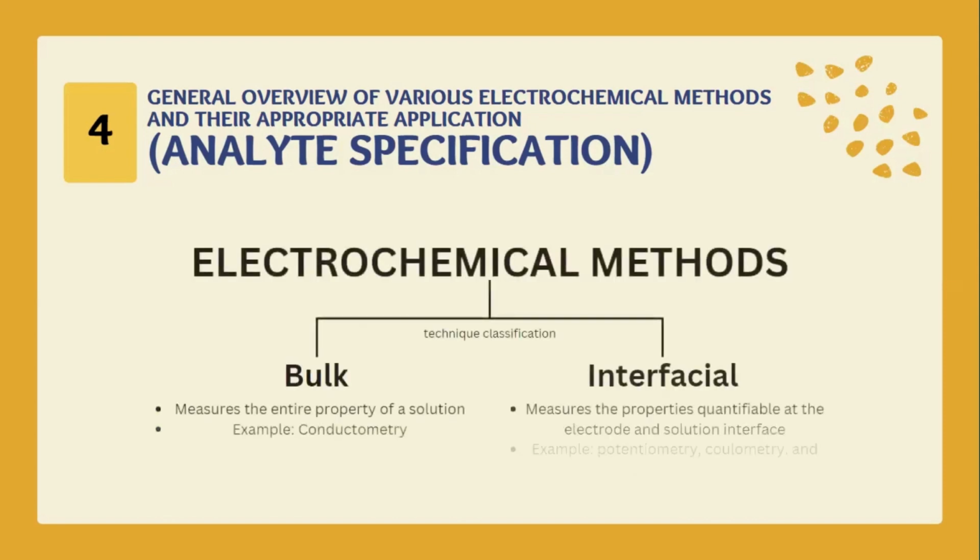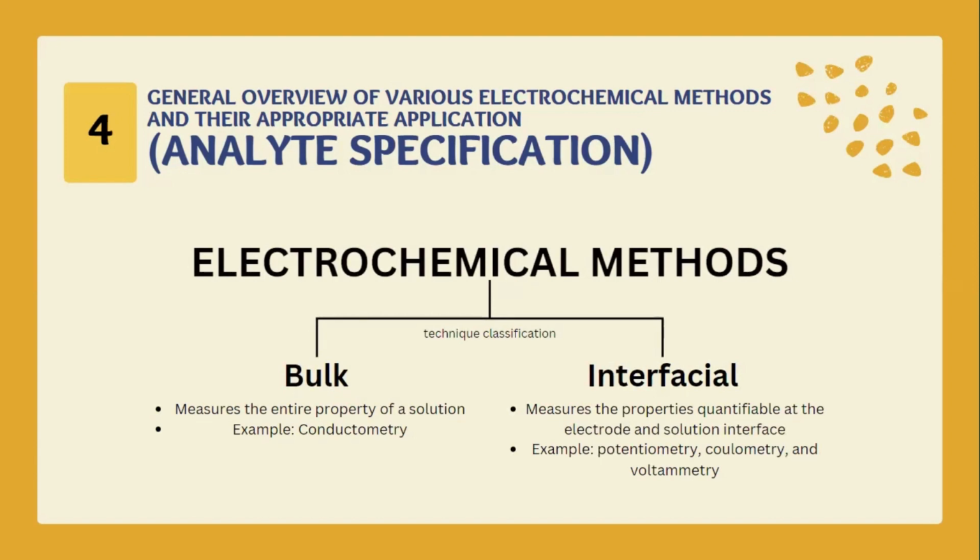First, let us discuss the classifications of electrochemical methods or techniques. For this specific section, the electrochemical methods can be classified into two, which are bulk and interfacial techniques. Bulk techniques are those methods that measure the properties of the entire solution, such as conductivity, which reflects the total ionic concentration. An example is conductometry, where changes in conductivity upon the addition of an analyte are used for